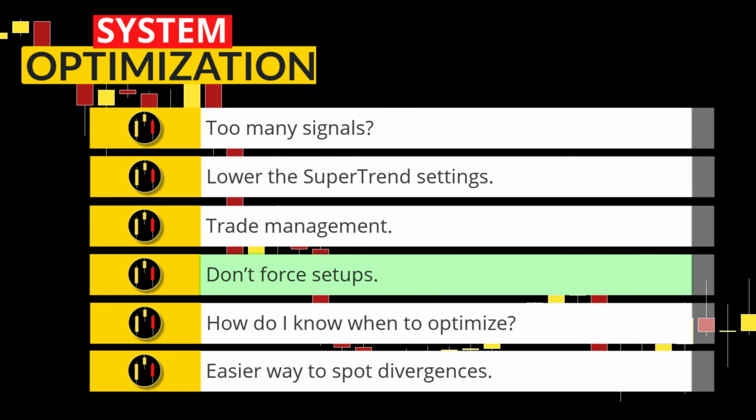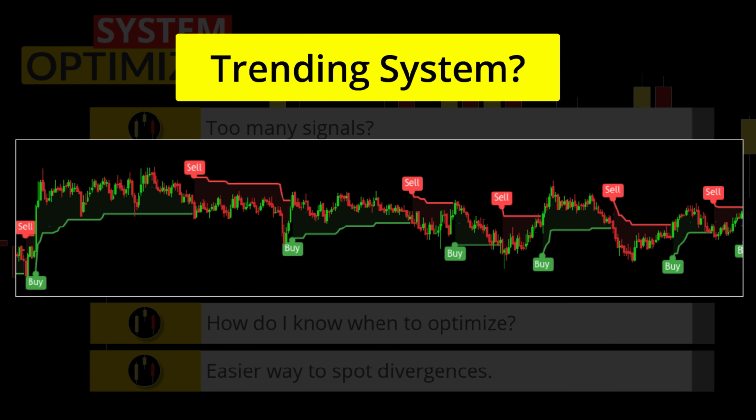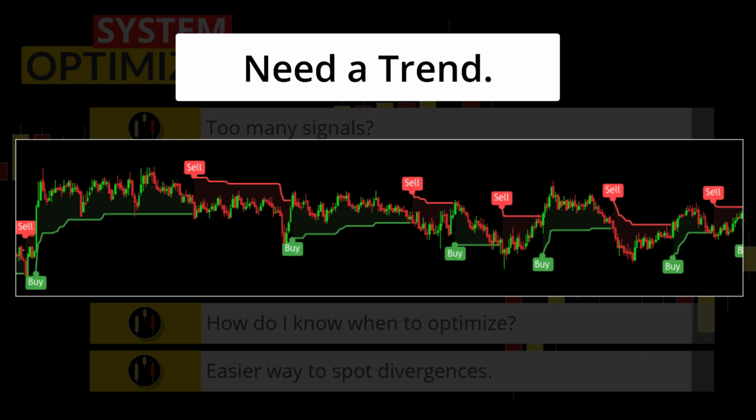Fourth, the super trend is binary and always in a buy or sell state. Therefore, when in obvious consolidation, the signals are extremely weak. Do not trade charts that look like this.